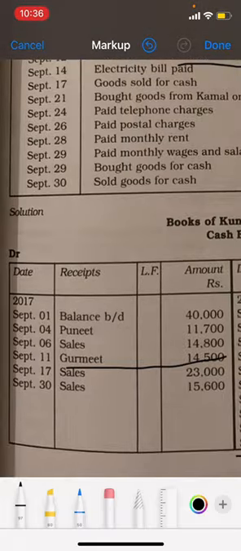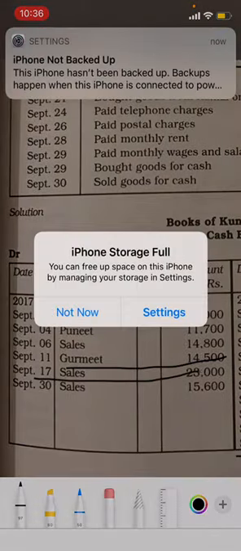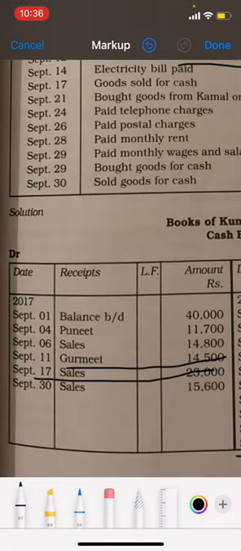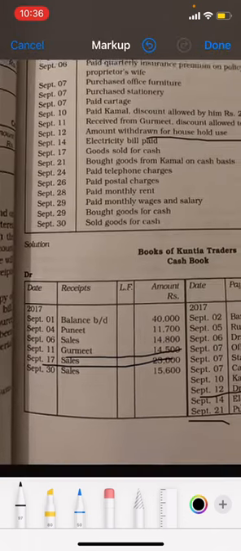So on the debit side of the cash account, you will have to write the sales account, and the date is 17, and the amount is 23,000. Okay, and next,